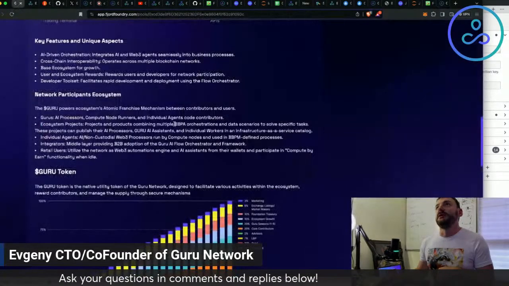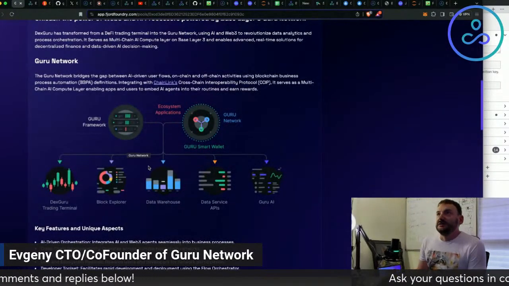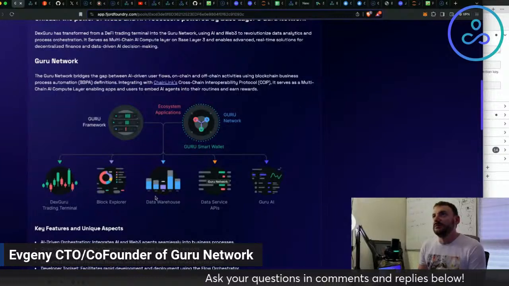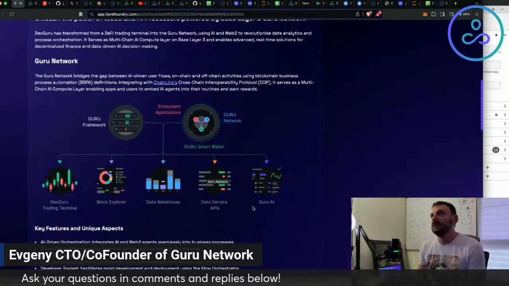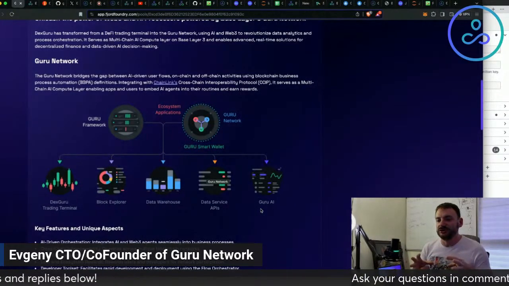Recapping, we ourselves have lots of Guru Network native products: Trading Terminal, Block Explorer, Data Warehouse, Service API, and Guru AI agents, which we already orchestrated using our own orchestration nodes.